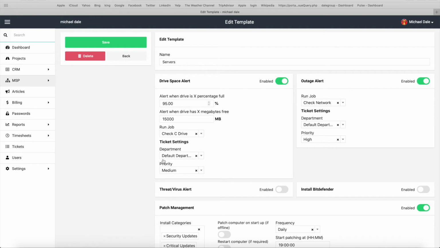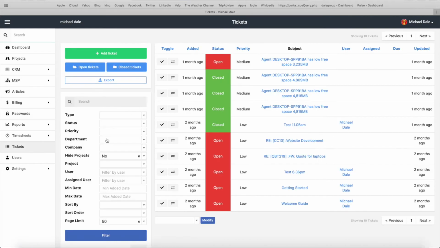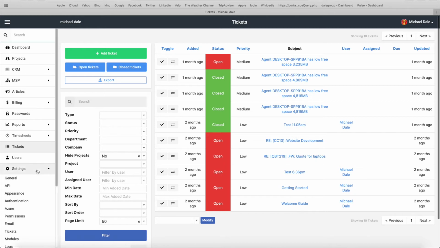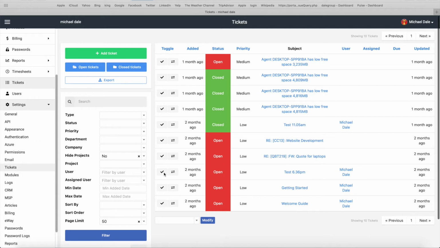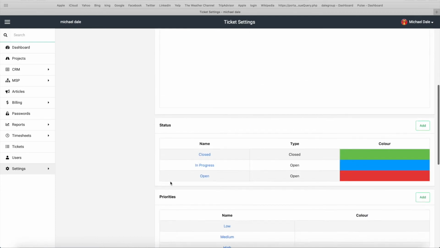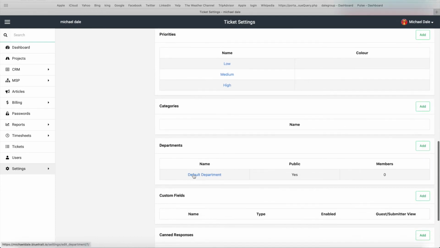So BlueTrait out of the box just includes one default department. Departments are like groups of users or tickets, and it lets you easily filter them by, maybe you've got a sales department, a technical department, an automation department. There's a few different ways that you can set that up. But if you go into settings and then tickets, and then scroll down to departments and select default department,